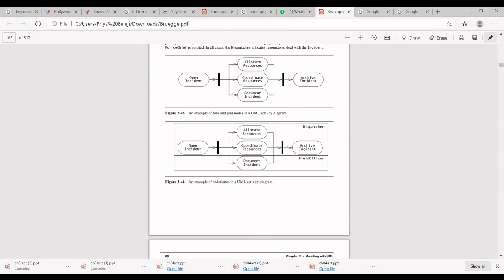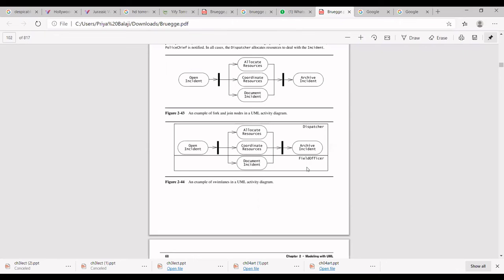So here an incident is open. Allocate resource and coordinate resource can happen through the dispatcher. Documenting the incident can happen by the field officer. You know who the field officer is, right? The field officer is the person who sees the incident that has happened and tries to create an emergency report. Through him, it goes to the dispatcher to allocate the resources.